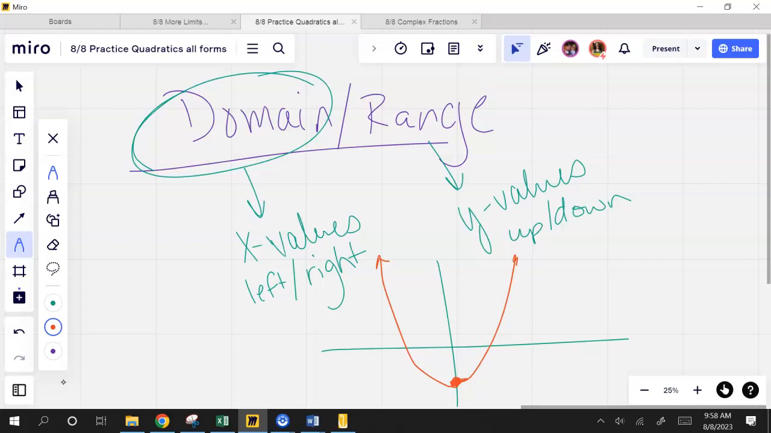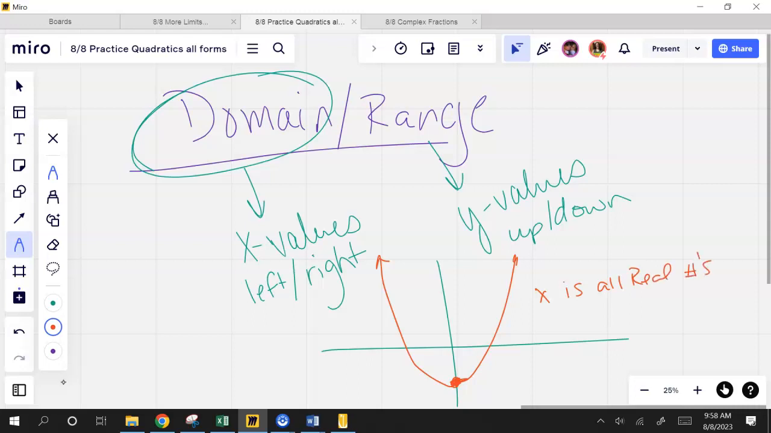How would you describe the domain of this graph? In other words, what all could X be? Infinite. There's no restrictions on X, right? It could be anything in the whole wide world. Does everybody agree? So maybe I say X is all real numbers, or maybe I say, I don't know how